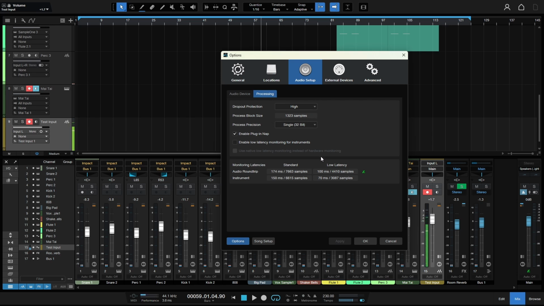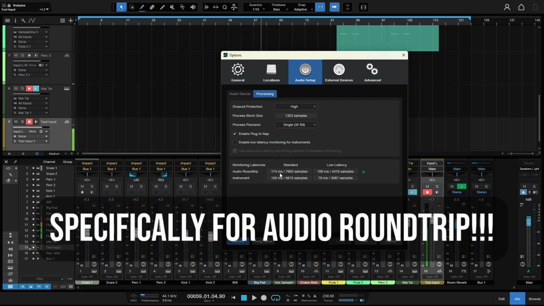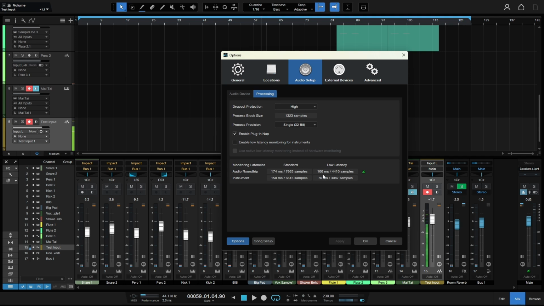Now we can even see a readout of the audio round trip. So when our Z is not engaged, when this is turned off, our round trip in milliseconds is 174, from your microphone or your MIDI keyboard into the computer, into Studio One, back out to your headphones or speakers. Now, if you engage the Z, and that's what we're in right now, then we have a round trip of 100